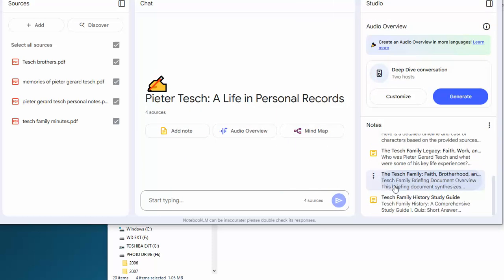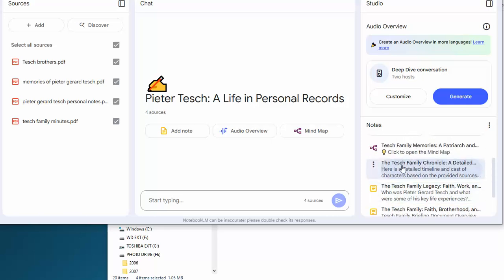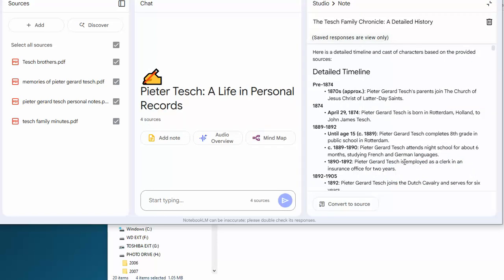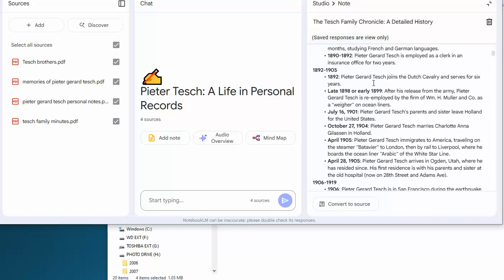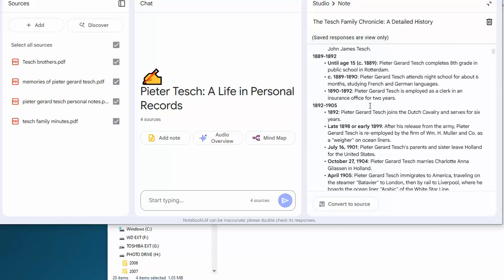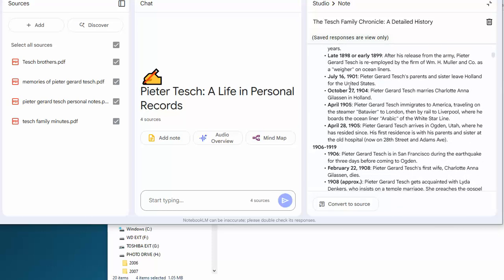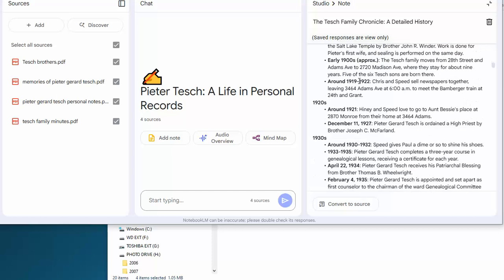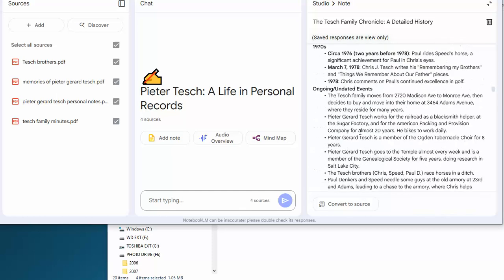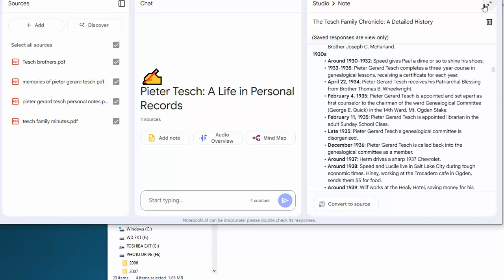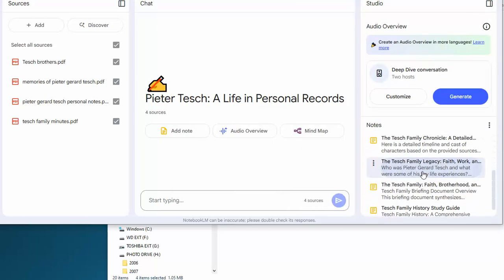In addition to that, you've got, let's see here, this is a detailed history. So this is a timeline, and this is maybe the most impressive thing that it generates. I mean, it's very accurate. It pulled all this just out of those documents, and it will go in chronological order, everything that happened throughout his life, different time frames and key events, and it's all summarized into meaningful time frames as well. In addition to that, you've got